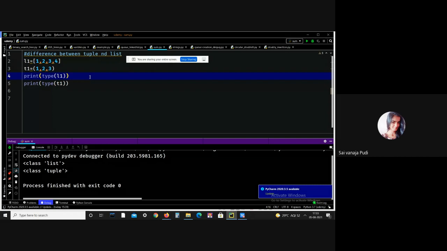This is also a major difference between tuples and lists. Next, we generally use tuples for different data types and lists for similar data types. And iterating through a tuple is faster than a list.